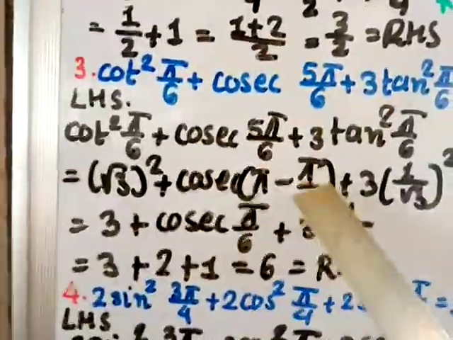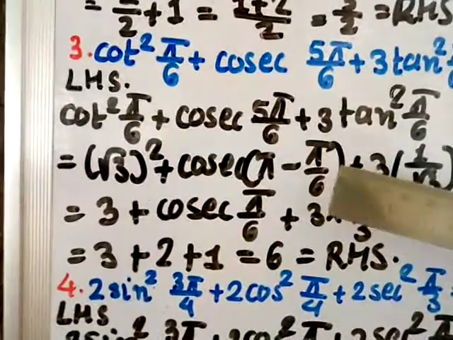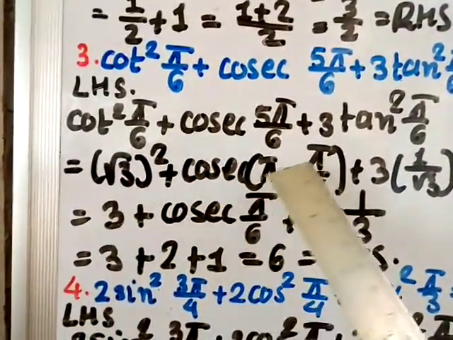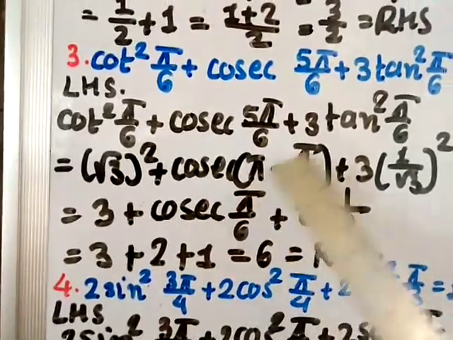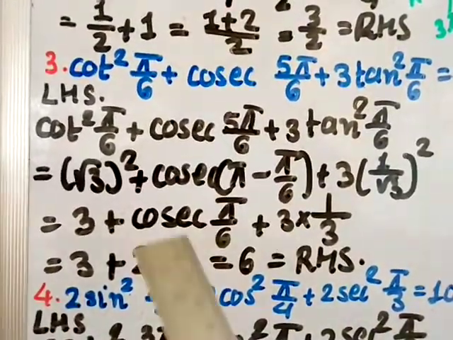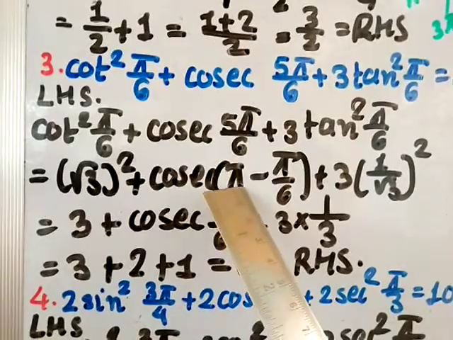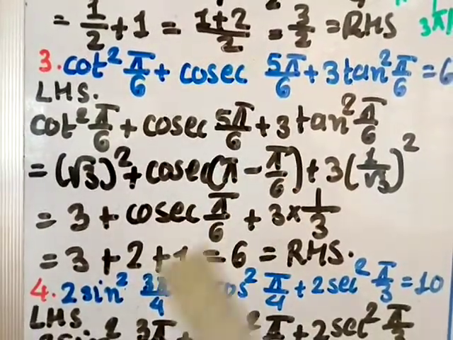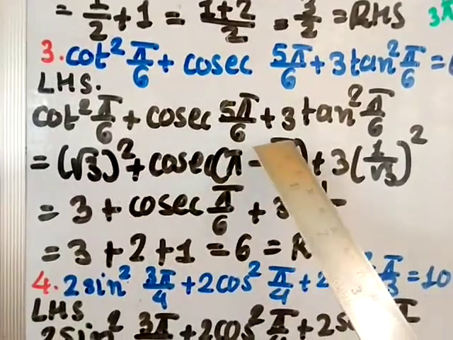As we did here, we have to do here also. So here pi by 6 is there, right? So write here pi by 6. Now you have to write a multiple of pi so that its difference with this pi by 6 or sum with pi by 6 gives you 5 pi by 6. So here the right choice is 1 pi, because 6 into 1 is 6 pi minus 1 pi will give you 5 pi. So here pi will come. So pi minus pi by 6.